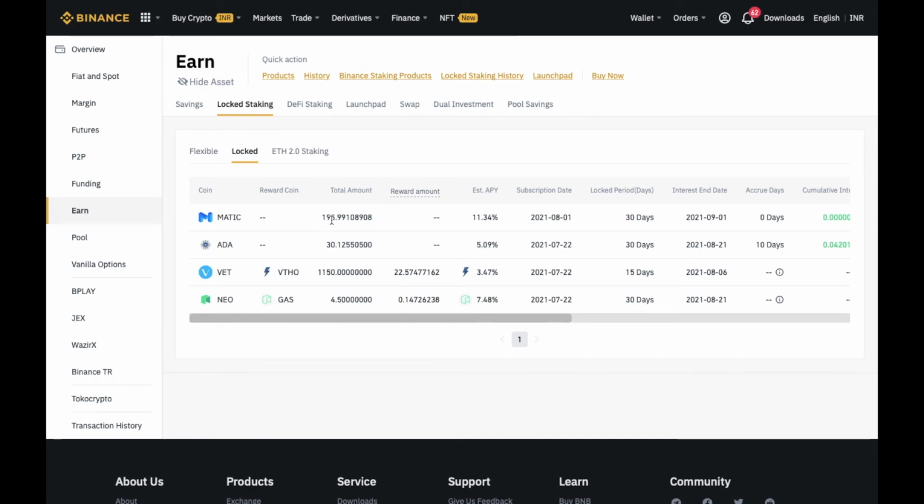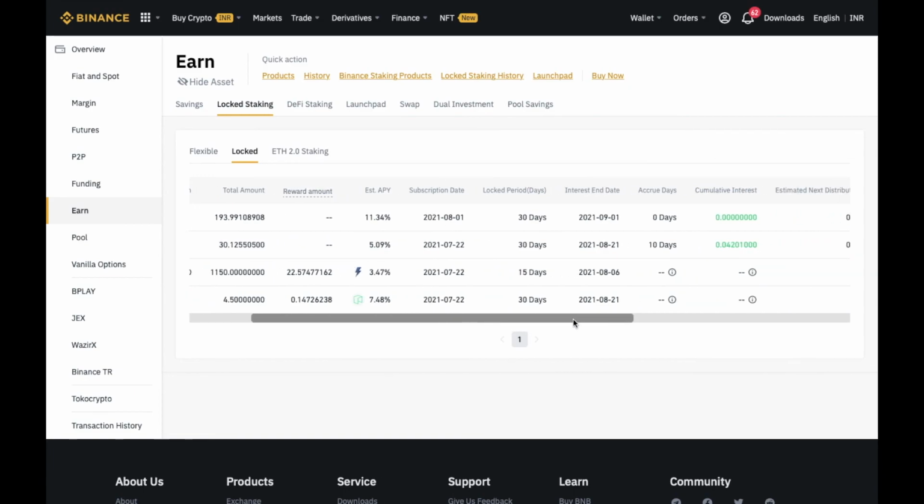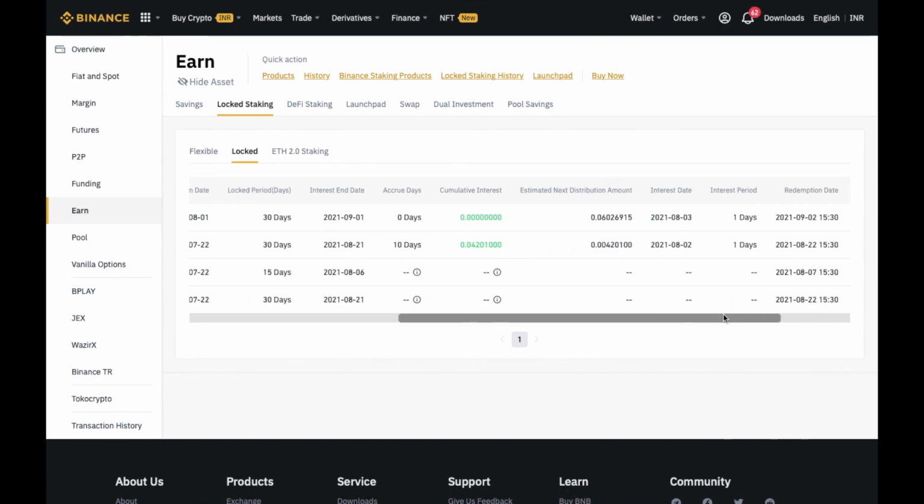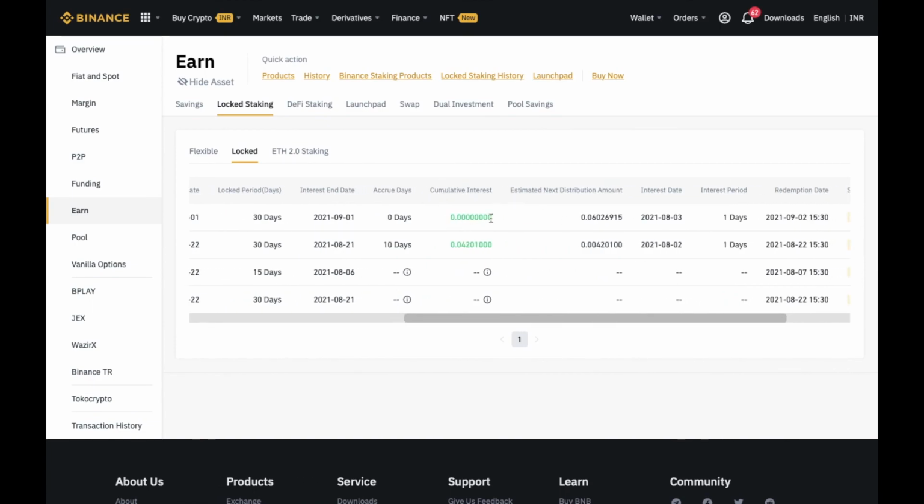So I locked around 93.99 Matic. This is my APY. The subscription date is today's date. The lock period is 30 days. The interest end date is 1st of September. Accrued days is 0 days because today is the day when I started it. So from tomorrow the accrued days would be counted because tomorrow is my value date, and this would be 0 obviously, and the estimated next distribution is 0.06, which would be 1 day from